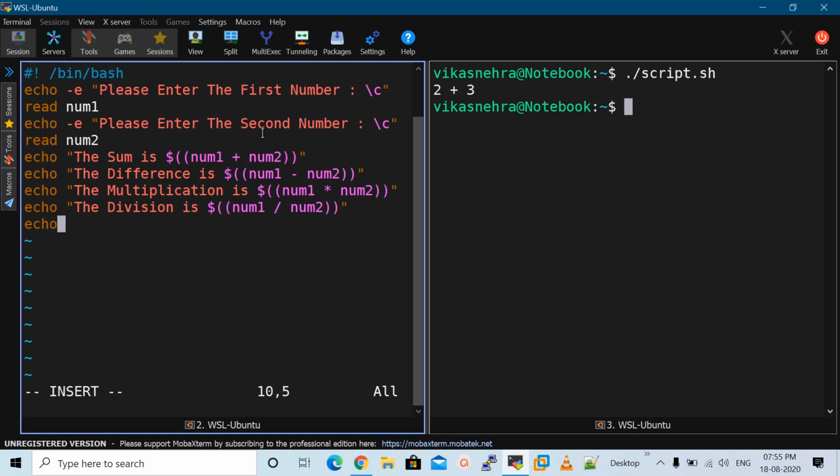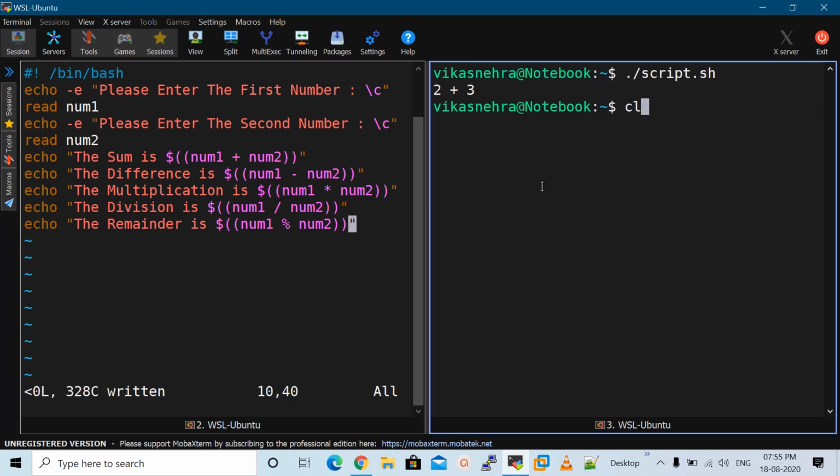And we can also perform the modulus operation for the remainder like this. So we can mention here the remainder is dollar num1 modulus operator num2. So we have mentioned the 4 operations here. Now I'm going to save this script.